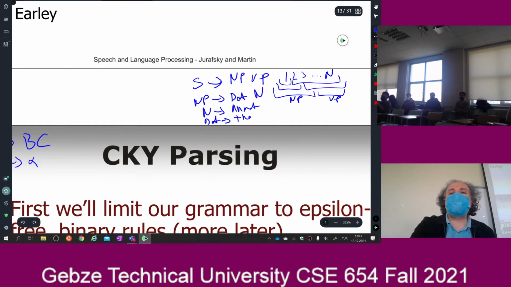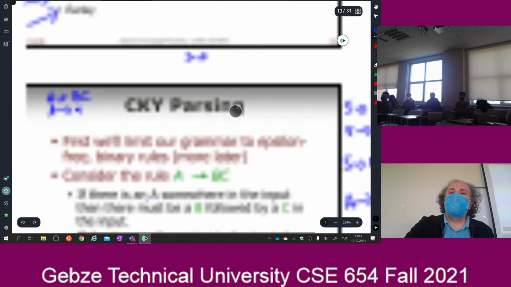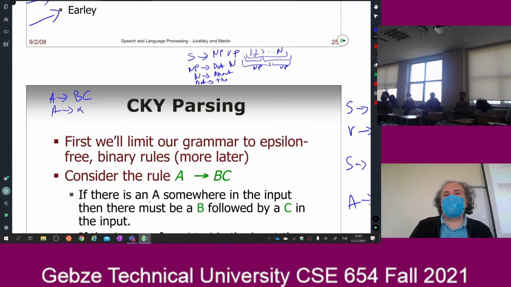That's why we need these binary rules. Theoretically it can work with ternary rules too, because I am going to divide the sentence into 3. That would be a little bit more expensive, and that wouldn't give us any more advantage over that. So let's do this for the binary rules, and